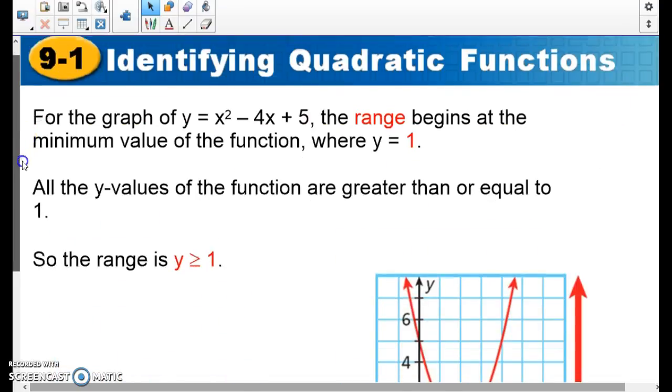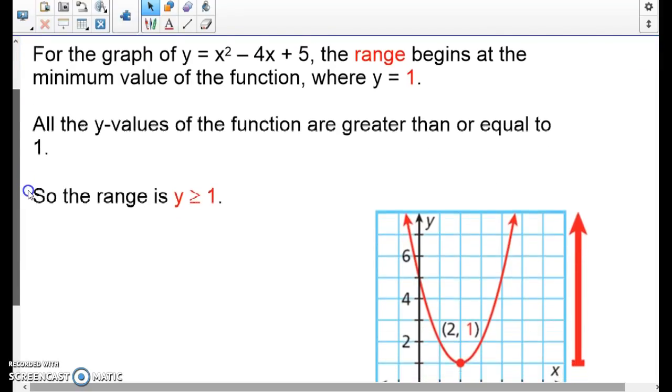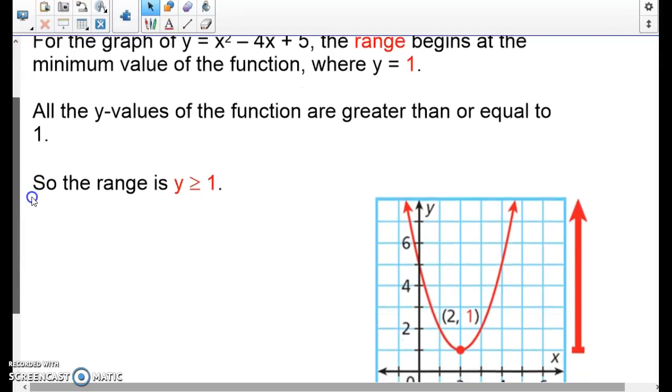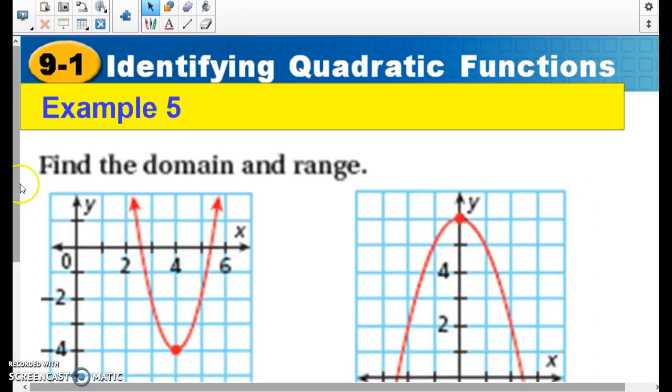Talking about range and domain, domain and range. So domain, as long as it's quadratic, will be all real numbers, because you can put in any number you want for x, really. And then the range is going to be whatever number is bigger than that vertex, or smaller than the vertex if it's opening downward. Okay, so like for this one,